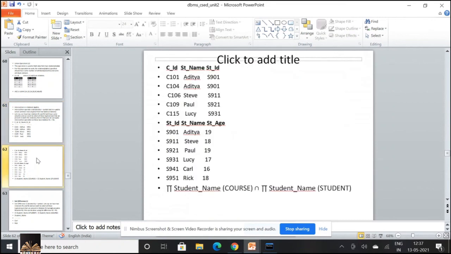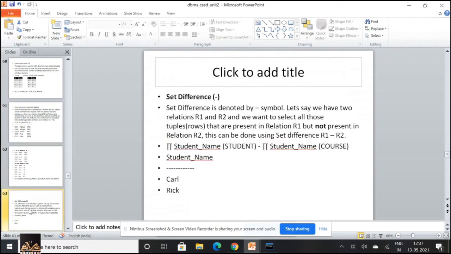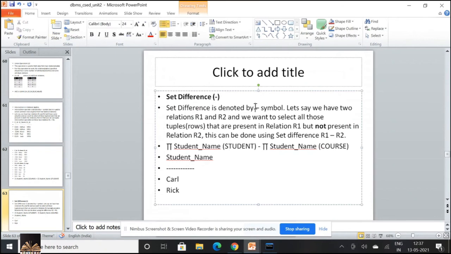What is set difference? Set difference is denoted by the minus symbol. Let's say we have two relations R1 and R2, and we want to select all those tuples that are present in relation R1 but not present in relation R2. Then we use the set difference operator.